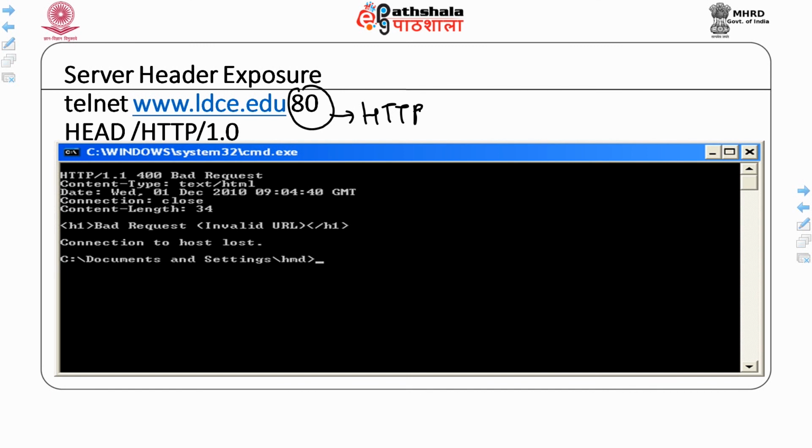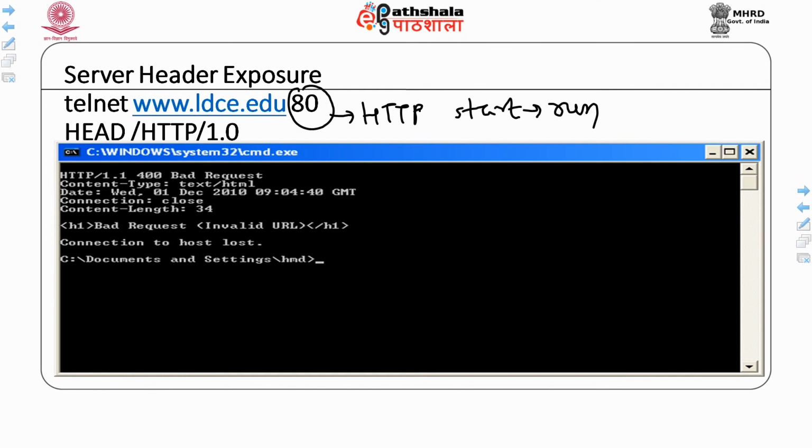Where would you type this? You would type it in Run. When you go to Start, there is an option called Run. When you open this, you type this and then you type HEAD / HTTP/1.0. It would show you content type, date, connection and content length.